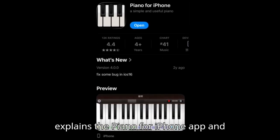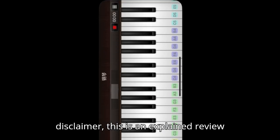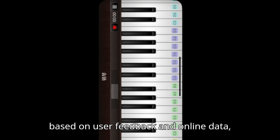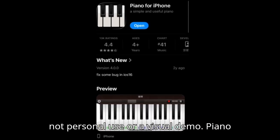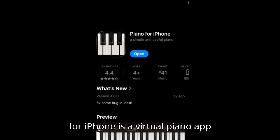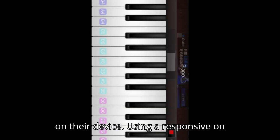This video explains the Piano for iPhone app and whether it's worth using. Quick disclaimer. This is an explained review based on user feedback and online data, not personal use or a visual demo. Piano for iPhone is a virtual piano app designed to let users play music directly on their device using